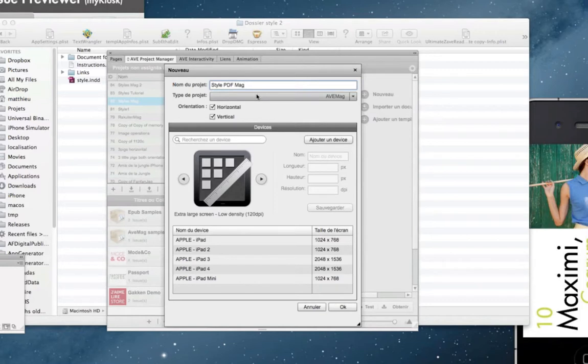One of which is suitable when you start from a document that has not been created for digital, that has not been created to match the size or the aspect ratio of a particular screen. That's the situation we're in because this is a print document and really it hasn't been created with any screen in mind. So that's the AV PDF style,